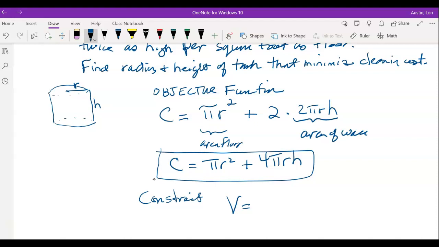Volume is everything inside your cylinder. What's the area of the base of the cylinder? It's a circle. So what is it? Pi r squared. You're going to take that pi r squared and you're going to move it all the way up the height. So what do you think the volume of a cylinder is? Pi r squared times